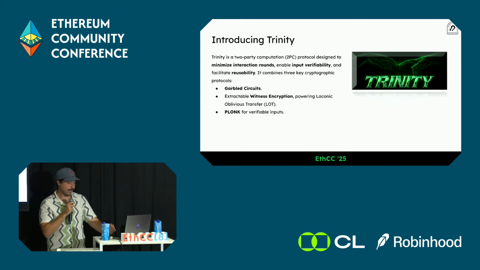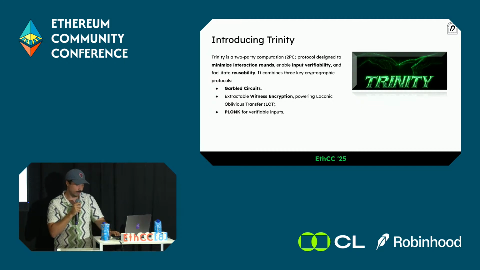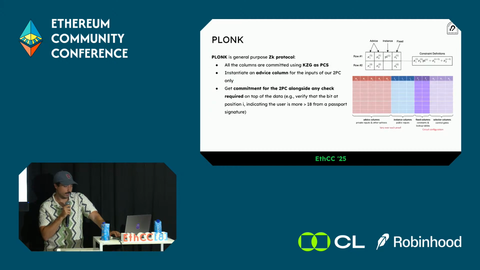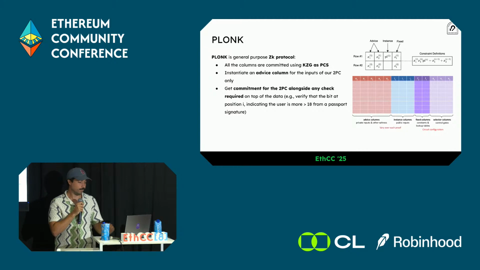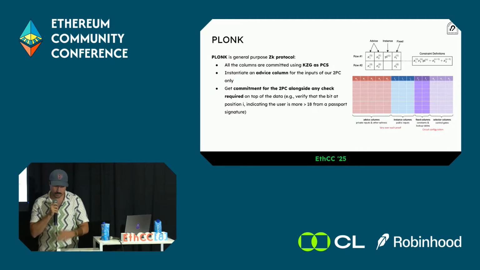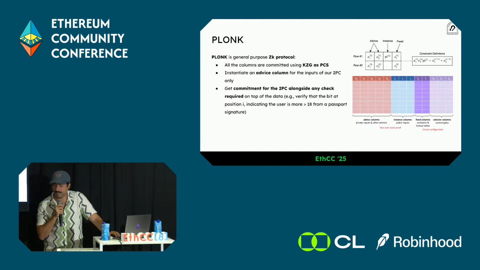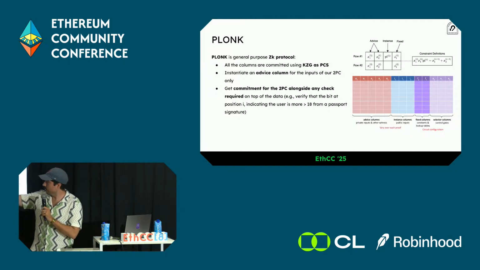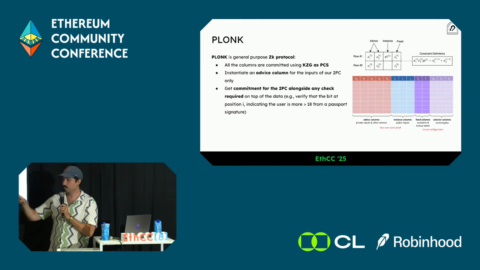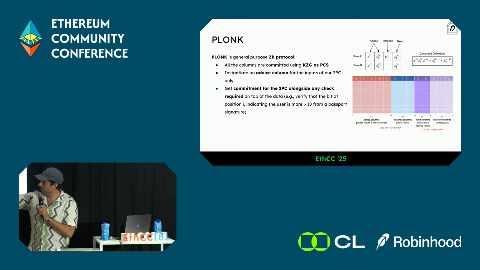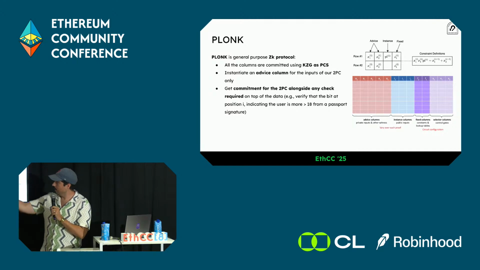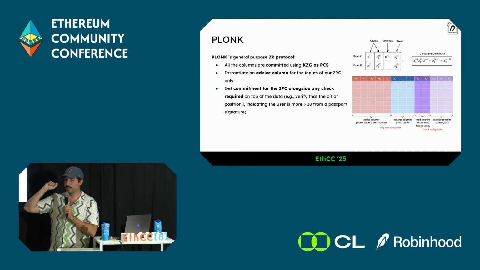And it's called Trinity because it assembles three notions. Two that we just introduced, garbled circuits and extractable witness encryption. And now I'm going to present how we plug Plonk into the picture. So Plonk has this table arithmetization, and again, it might be overwhelming for some people. But the intuition I want you to get is just that. In the arithmetization, you have these columns, and you can basically throw any computation to the prover and say, okay, use all the columns to perform different checks on the data that I'm going to insert into the circuit, but just reserve one column for the input I want to commit